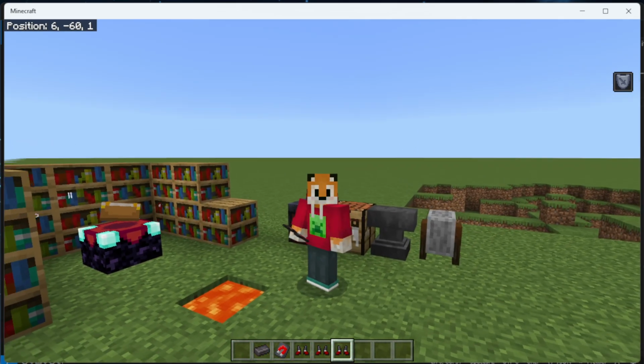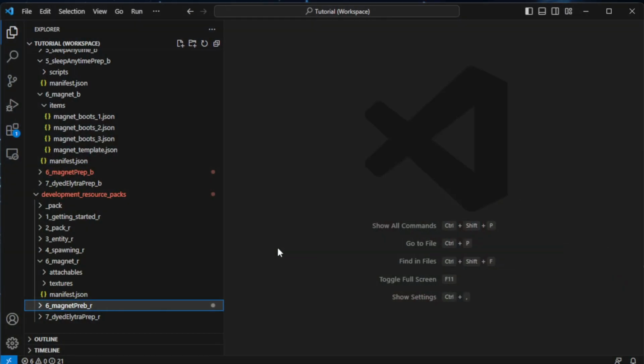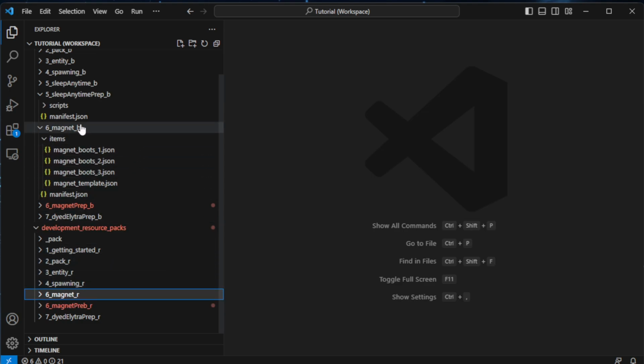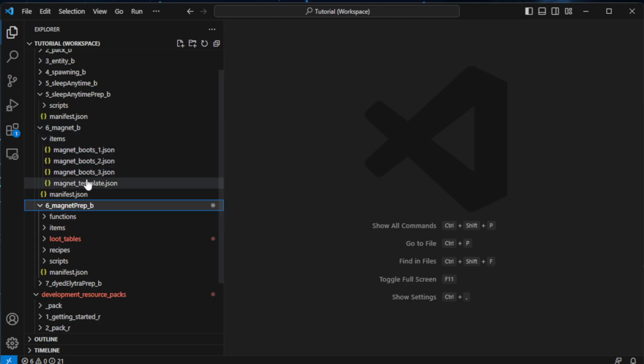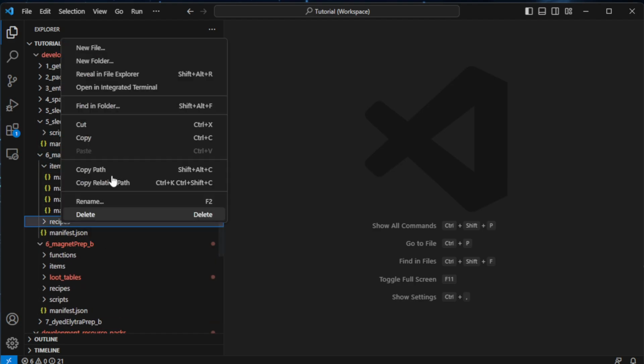Now we need to make it so we can make this in game, and then I guess actually make it do something. So as far as coding goes, our resource pack is now 100% complete. We don't need that anymore. We're going to be only focusing on the behavior pack side of things now. And the next thing we're going to need are some recipes. So I'm going to create a new folder, call it recipes. And in there, we're going to have